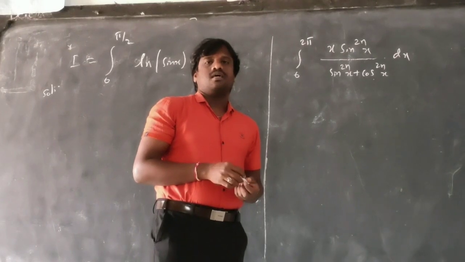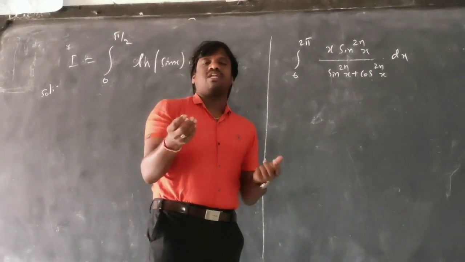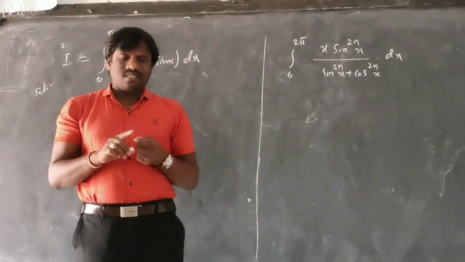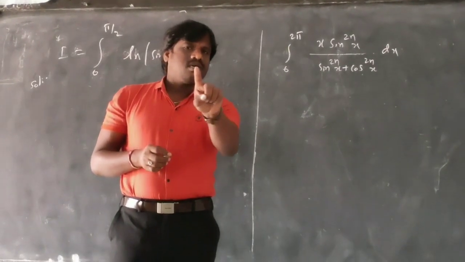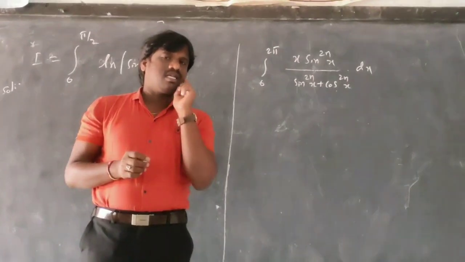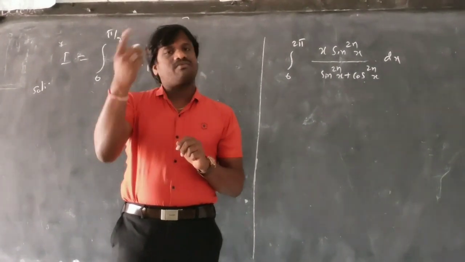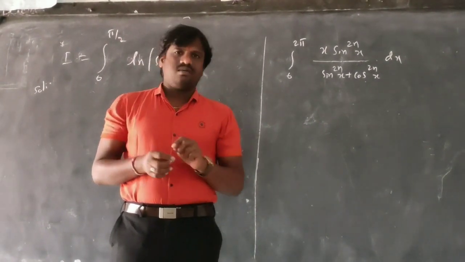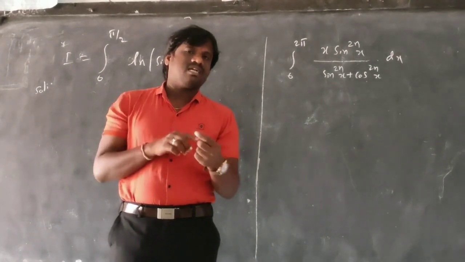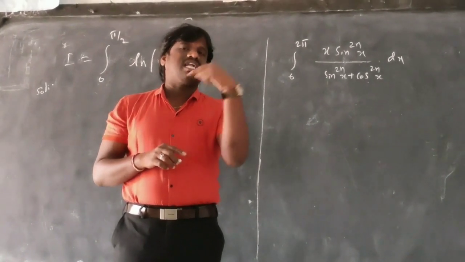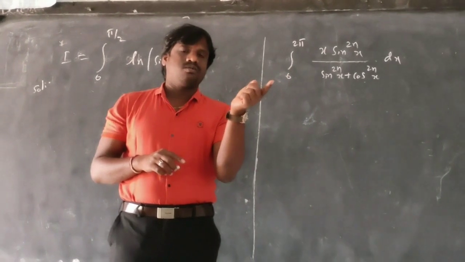Let's see here how to apply the king rule. What does the king rule say? I will say one more thing. In the earlier video you have seen that I applied the king rule, added both equations, then applied the king rule again. That is lengthy. Why do I explain that one? Because a few books write it like that, so you should know that also.